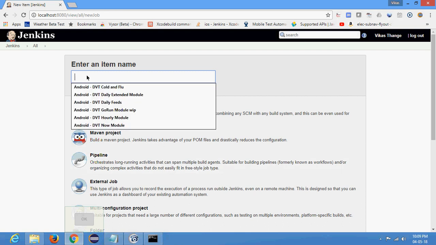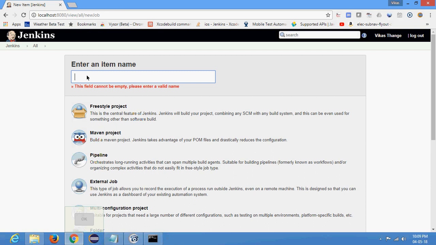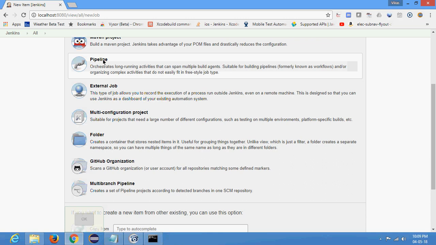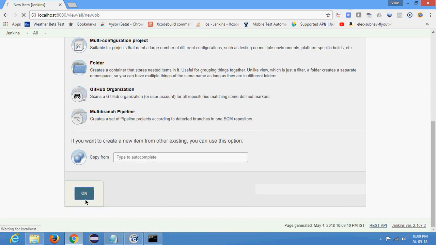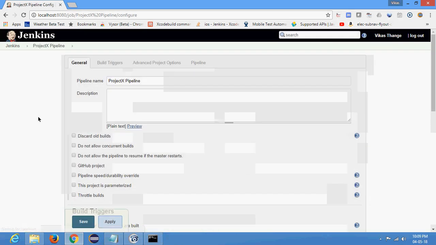So let me see, example is, let's say, sample project, or let's give some better name instead of saying sample. So I'm saying project X pipeline. Okay, let's say this is a pipeline job. I will say okay. Once you say pipeline, as we already discussed, pipeline helps you to define a workflow,